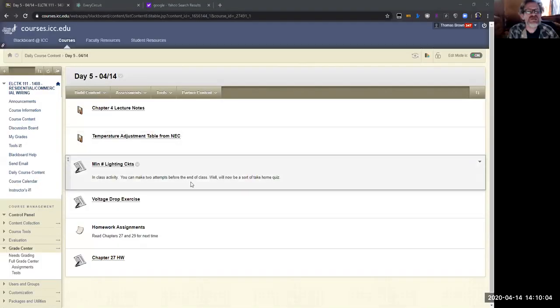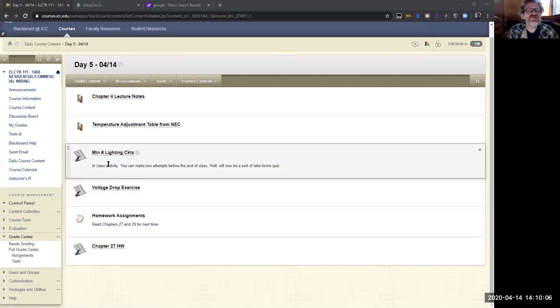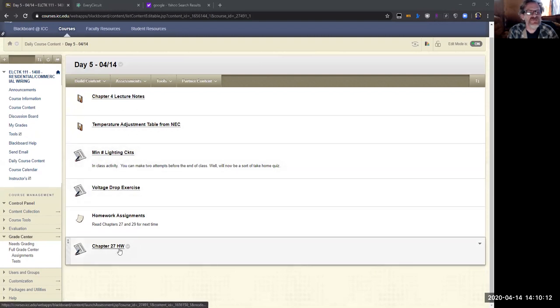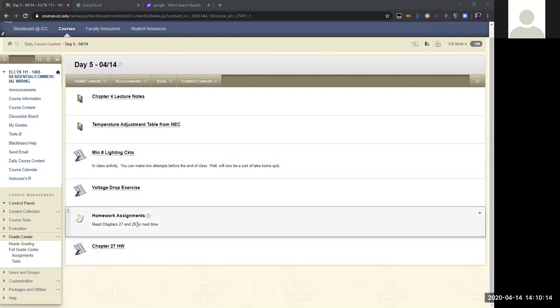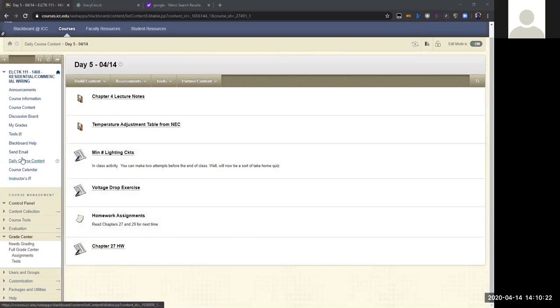And usually that minimum lighting circuits thing was a lab, but I'm going to post it as an exercise, I guess. The voltage drop one isn't saying it's homework. There, see that? I have the voltage drop exercise, your minimum lighting circuits, and then the homework. And you're right, Blackboard says that the voltage drop exercise isn't homework. The course calendar is